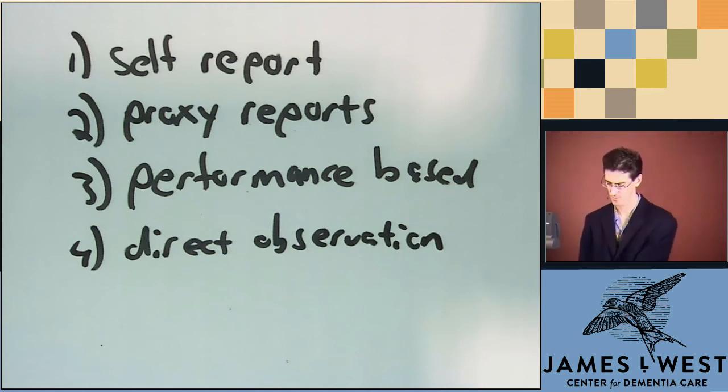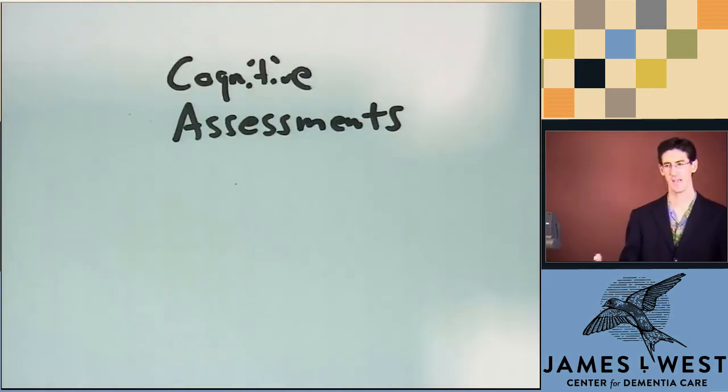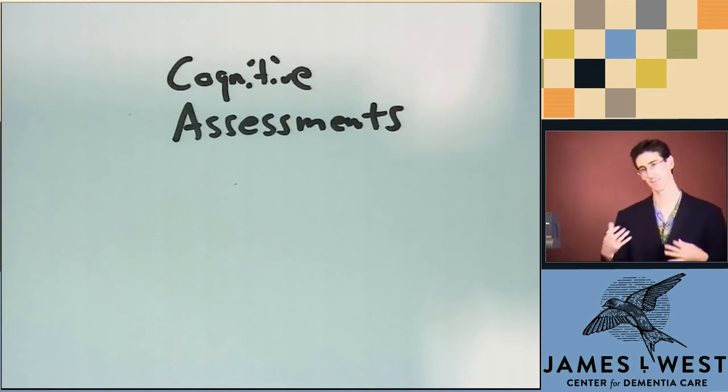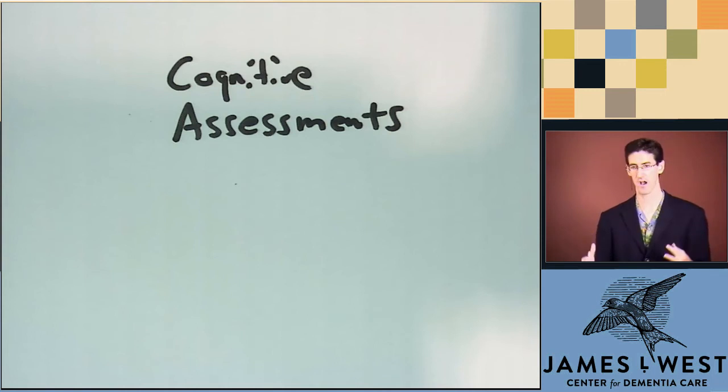Next, what we'll do is we'll do cognitive assessments. And so, again, what we're trying to establish is that a person isn't attending to their medical needs, financial needs, or just basic survival needs because of a mental condition. And usually the mental condition that I, as a geriatric psychiatrist, am confronted with is dementia. And so with dementia, we're trying to decide, is it because of cognitive impairments that they're not attending to their